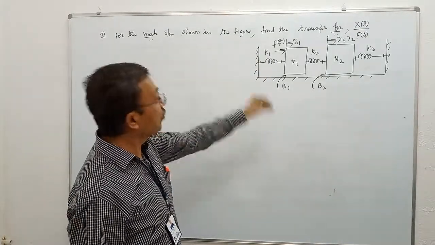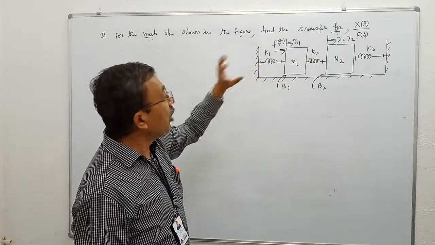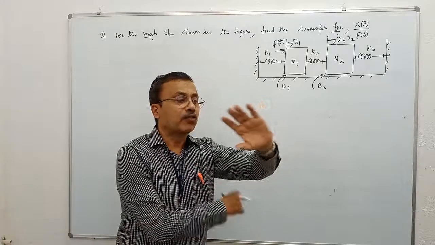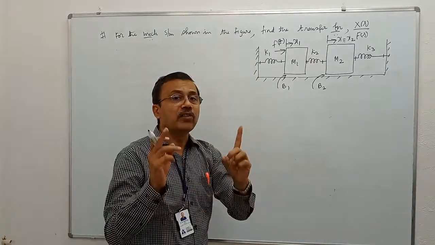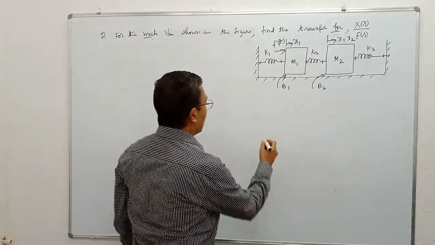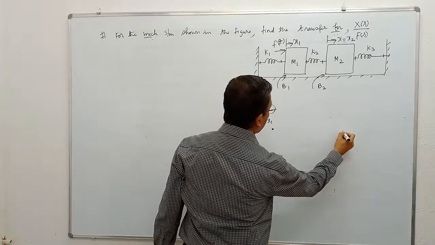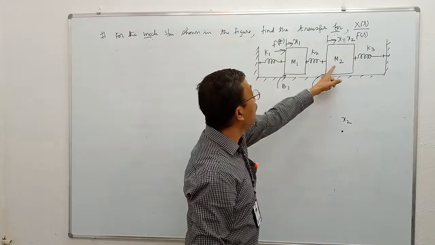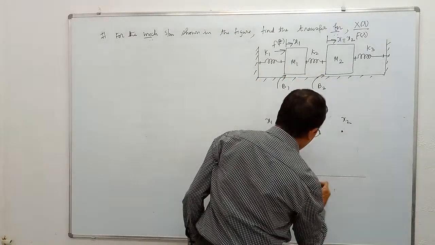But the actual problem gives only one displacement to confuse you. Minimum number of displacements must be equal to number of masses. Displacements on either side of a spring and a damper must be different. These two things you have to ensure before starting the solution. I will now take two independent nodes x1 and x2. We have taken two independent nodes because we have two displacements in the mechanical system. We shall then take a reference node.